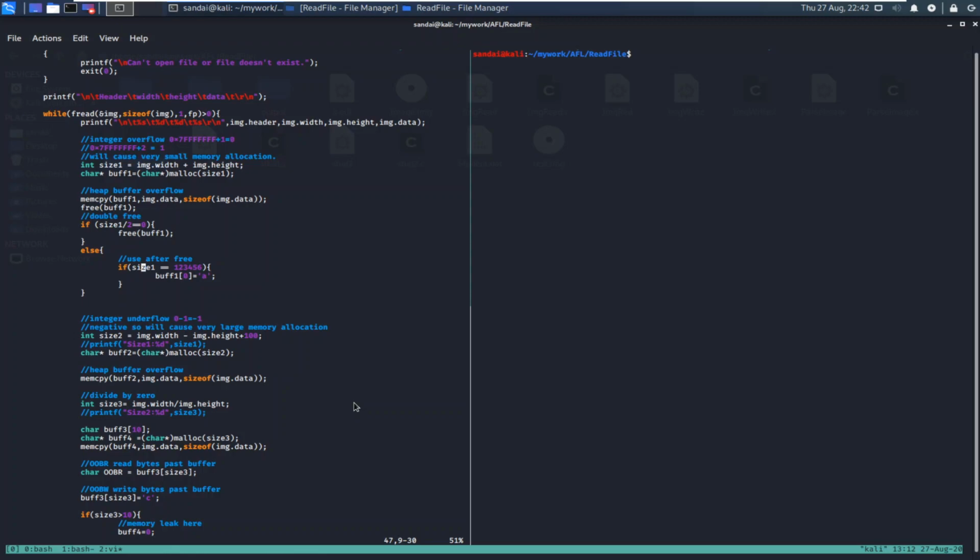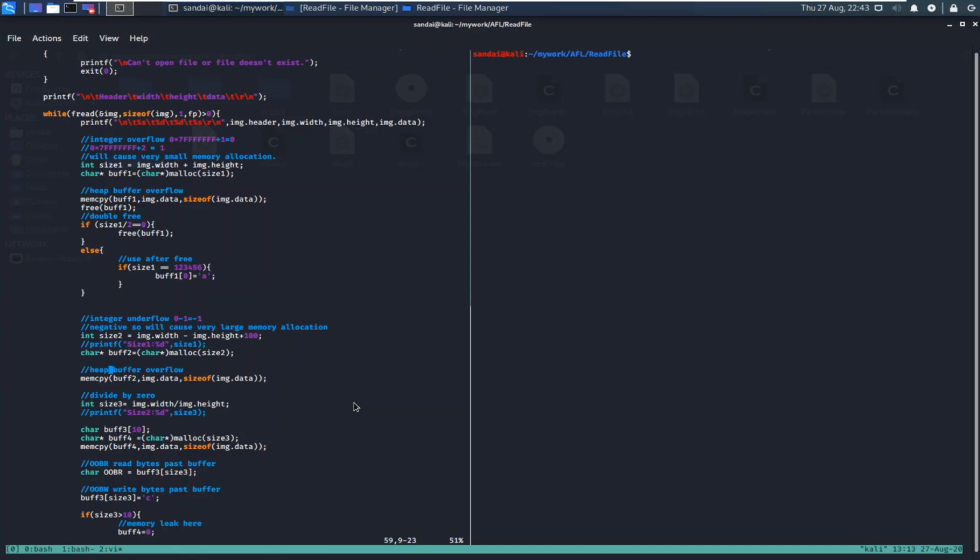If size 1 is equal to 123456, only then it will go here and try to assign some value to buffer 1 at offset 0. It will assign 'a' here, but as you can see, buffer 1 is already freed, so this should cause an error. We will fuzz it using AFL and see if these errors are getting detected or not.